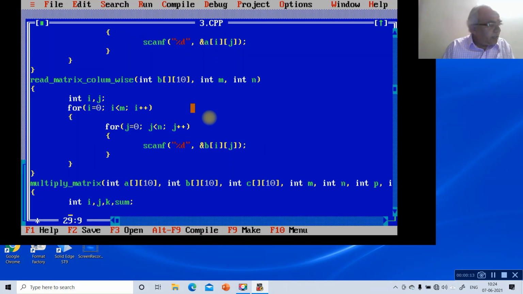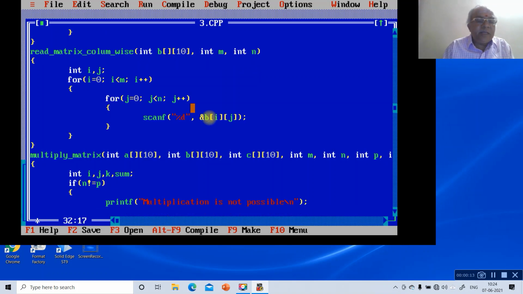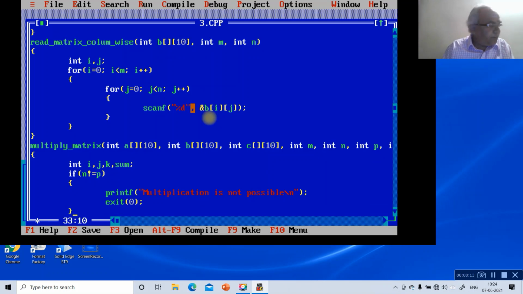Then, if n is not equal to p, printf "multiplication is not possible", then exit(0) and close it.